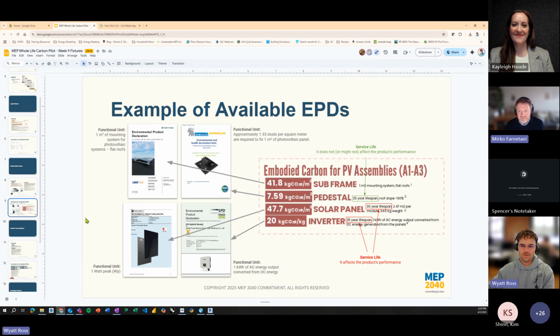I think that's it for PV panels. Pretty quick. I will also say that in the service life, when we get to B4, we've adopted the table from 240p on the reference service life for each piece of equipment. And I think that it says solar panels are like 20 years. I don't want to misquote the document, but I think it's 20 years, regardless of what they say. So that's how we end up scaling when we get to B4, unless you have a more project specific value to go with. So there are reference values that kind of normalize these for all of those pieces. You'd assume they don't get replaced together. Yes.